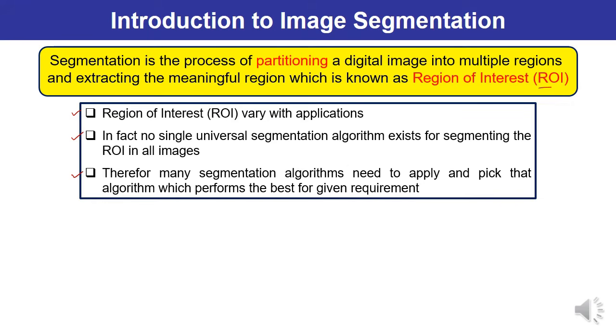Similarly, if we talk about another application, you have heard about the iris in an eye image. Then the iris in the image of the eye is our required ROI. And the success or failure of the extraction of the ROI ultimately influences the success of image processing applications. So this is how you can explain what ROI is, and I hope it is now clear to you. Depending upon the application, the ROI will vary.